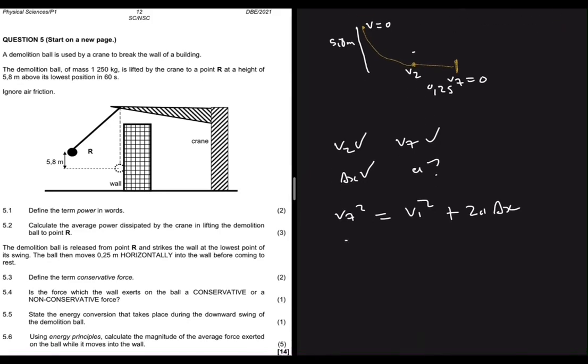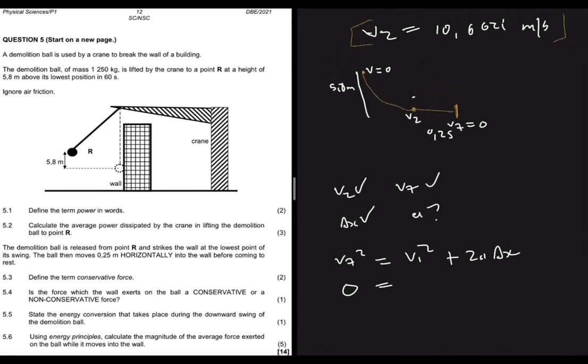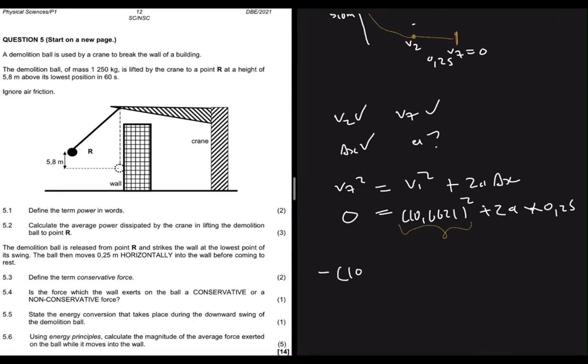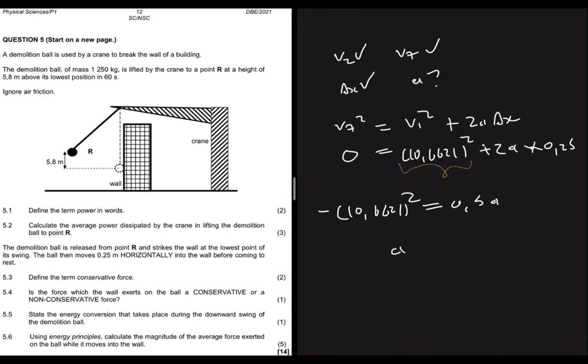Vf squared, it comes to rest, so it's 0. Vi is 10.6621 squared plus 2 times acceleration, which is what we're interested in, and then multiplied by 0.25. So we're gonna take this term to the left hand side. We're gonna get minus 10.6621 squared equals 0.5 acceleration, that I multiply by a, that's 2 multiplied by 0.25. So if you make a the subject of the formula, you will get, let me put that in my calculator real quick,